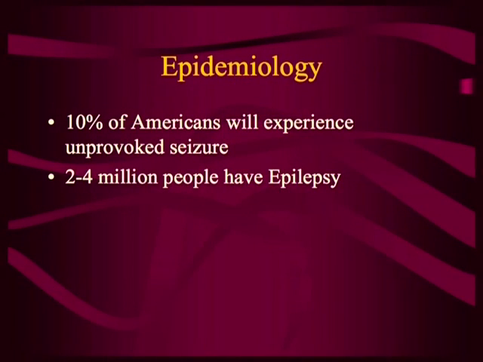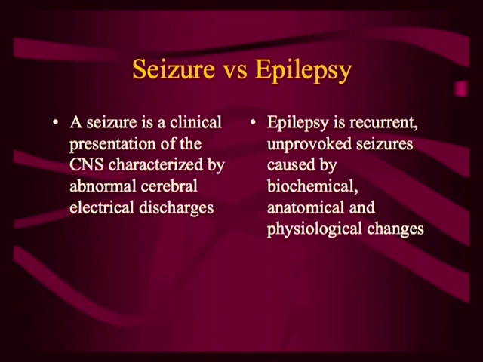What are seizures? In the brain, there's electrical activity going on constantly. And when the electrical activity is disturbed, cells in the brain keep on firing more and more, and that turns into a seizure. So we're going to talk about what causes seizures and what kind of treatments are available. Just some epidemiology for that. A seizure can be just one seizure, an abnormal electrical discharge, but epilepsy is recurrent seizures.